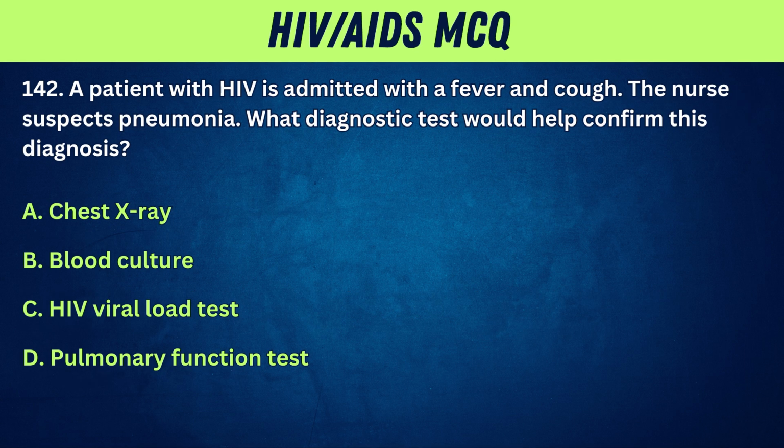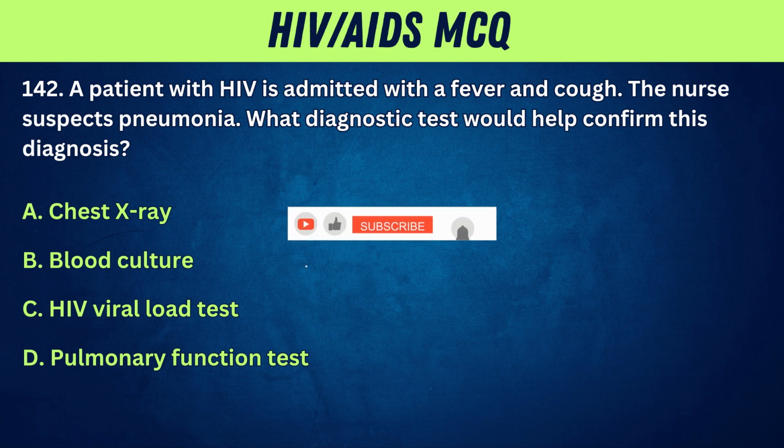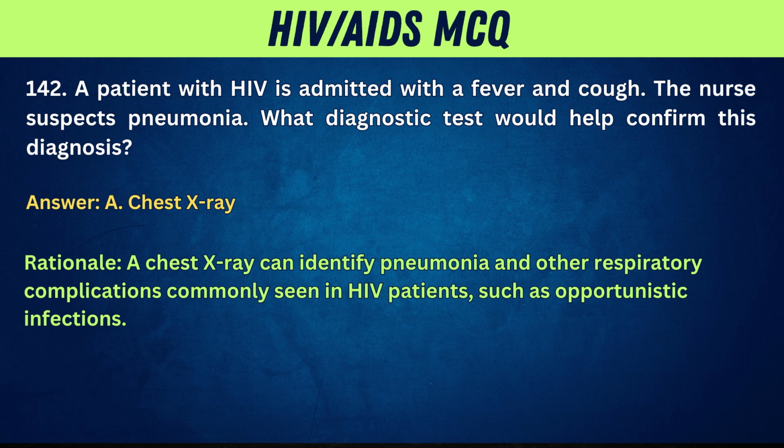142. A patient with HIV is admitted with a fever and cough. The nurse suspects pneumonia. What diagnostic test would help confirm this diagnosis? A. Chest X-ray. B. Blood culture. C. HIV viral load test. D. Pulmonary function test. Answer. A. Chest X-ray. Rationale. A chest X-ray can identify pneumonia and other respiratory complications commonly seen in HIV patients, such